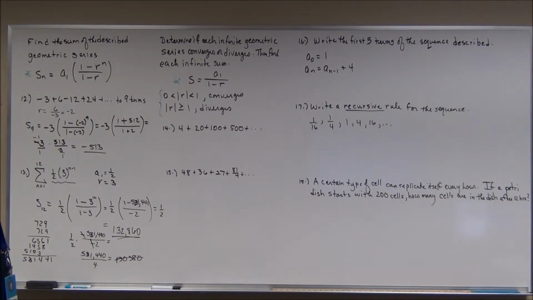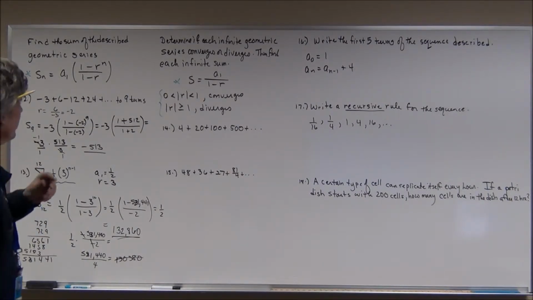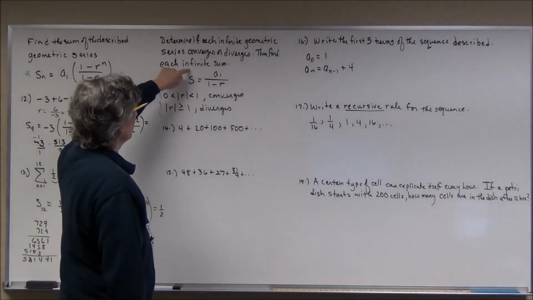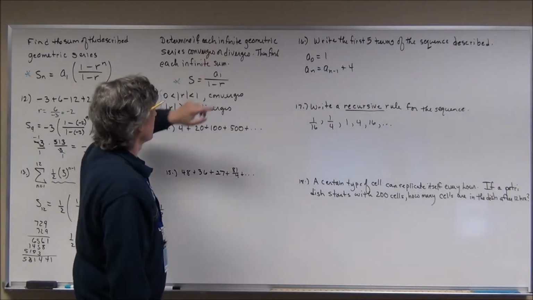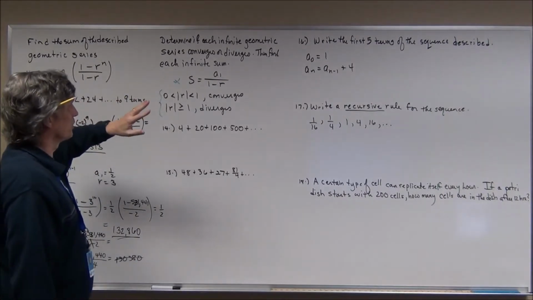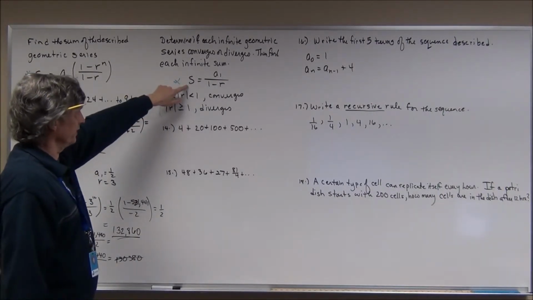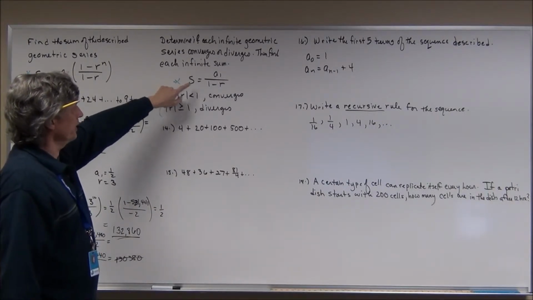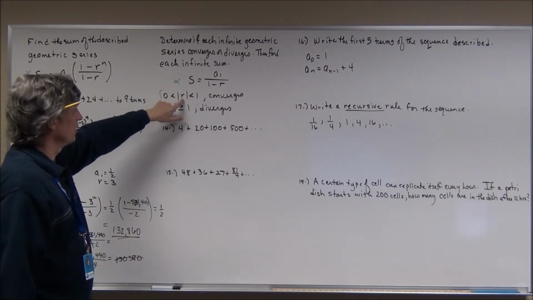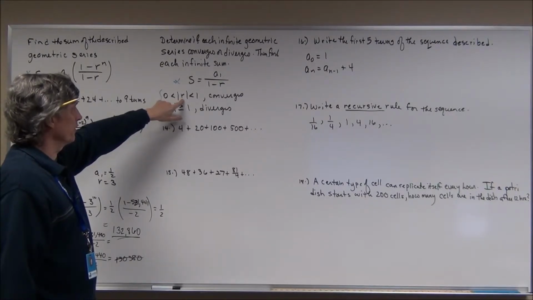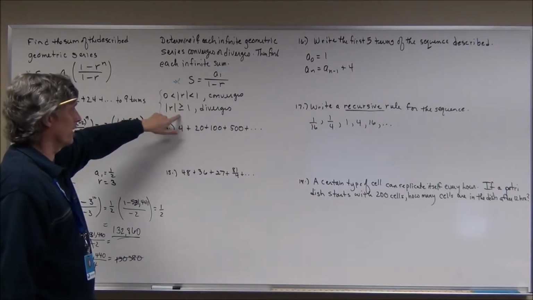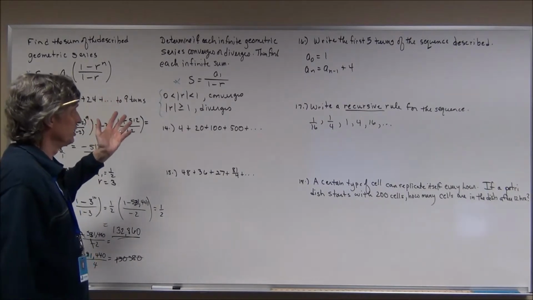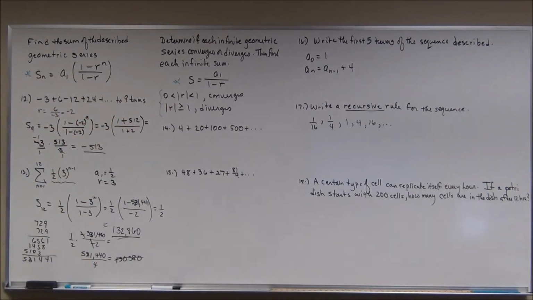Determine if each infinite geometric series converges or diverges, then find each infinite sum. Well, if it's geometric and if it's infinite, it converges or diverges based on R. Now here's how you find the sum, but this is only if it converges. You look at the absolute value of the ratio. If it's between 0 and 1, it converges. If it's greater than or equal to 1, it diverges. The ratio is not going to be 0. You're not going to be dividing by 0, or anything weird like that. So in this case,